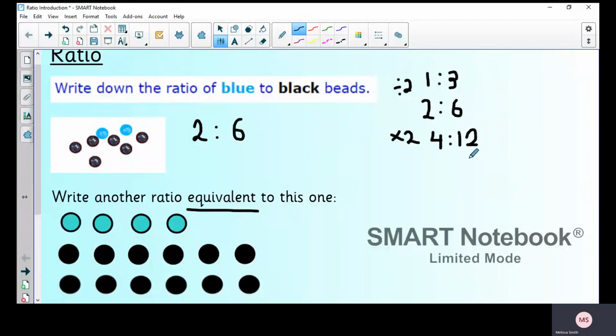So my new ratio is 4 blue beads to 12 black beads. And you can see that here. We say that all of these ratios are equivalent. And from my original ratio, we have scaled it down and then we have scaled it up. To scale them up, you multiply the ratio, both of them by the same number. To scale them down,